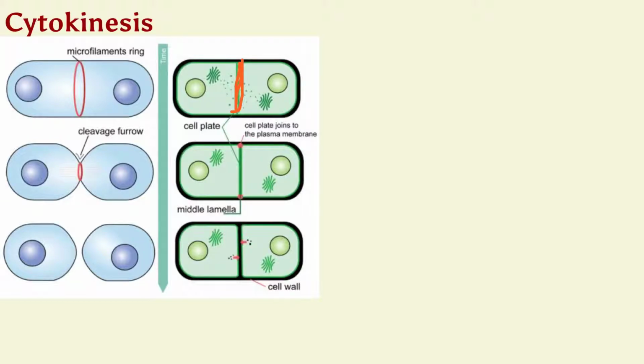Okay, so 4 phases of mitosis. Cytokinesis is part of cell division, but not really part of mitosis. It's part of the overall process. But again, if you include cytokinesis, we call it cell division. If you're just talking about prophase, metaphase, anaphase, and telophase, then you'd be talking about mitosis itself.